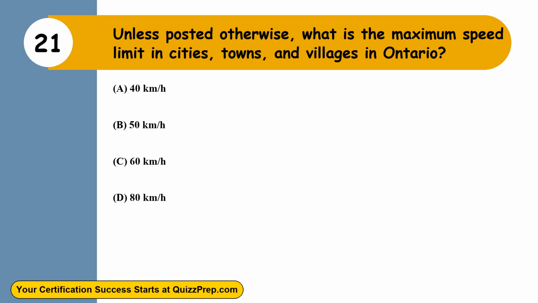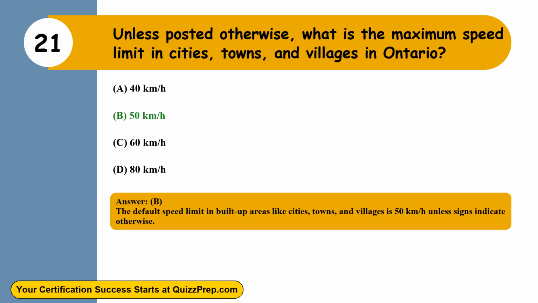50 km/h. Option C. 60 km/h. Option D. 80 km/h. The correct answer is option B, 50 km/h. The default speed limit in built-up areas like cities, towns, and villages is 50 km/h unless signs